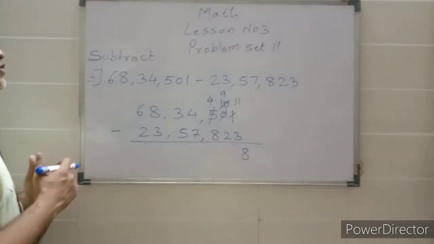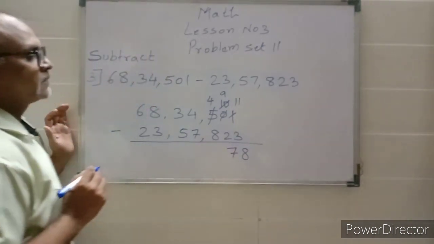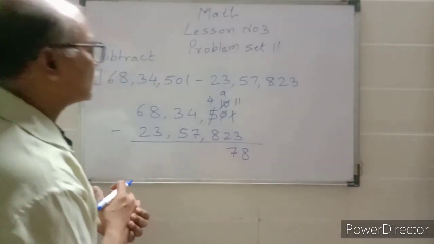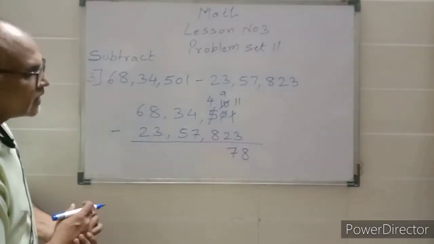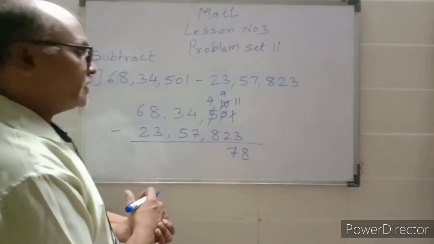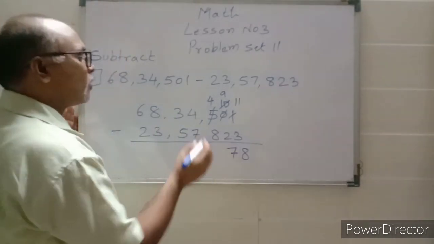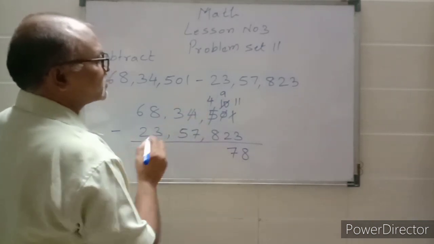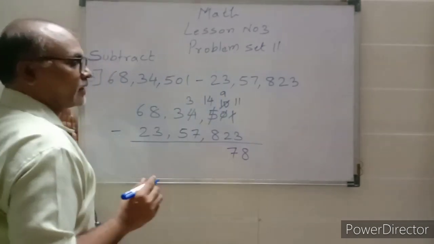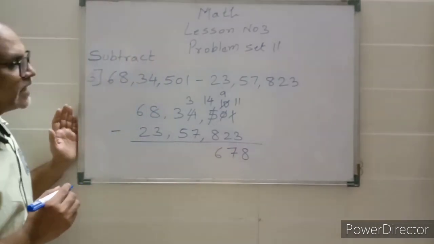Now in the tens place we have 9 and 2. We are supposed to subtract 2 from 9. So 9 minus 2 is what? 7. Now in the hundreds place, we have already borrowed 1 from that 5. So the digit in the hundreds place is 4 in the upper number and the digit in the lower number is 8. We cannot subtract 8 from 4. So what will we do? We will borrow 1 from the thousands place. So we will cut this 4 in the thousands place and write here 3. And the 1 we borrow here will make it 14. Now 14 minus 8 is what? 6.